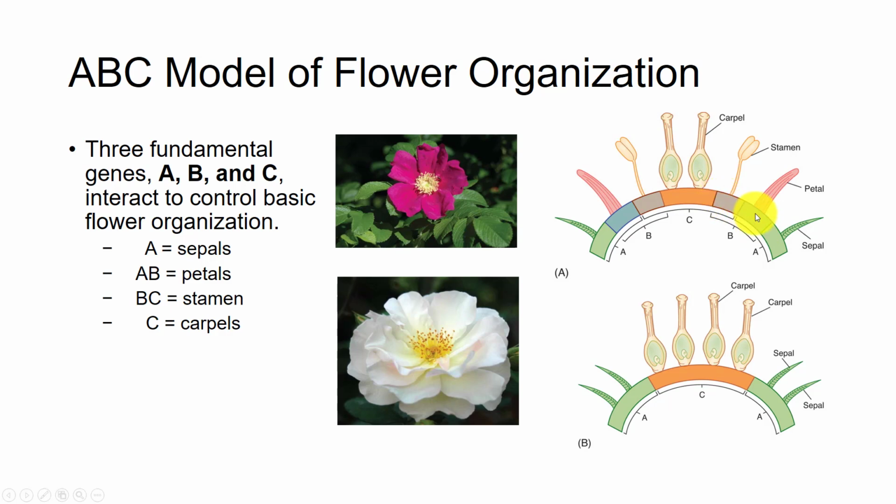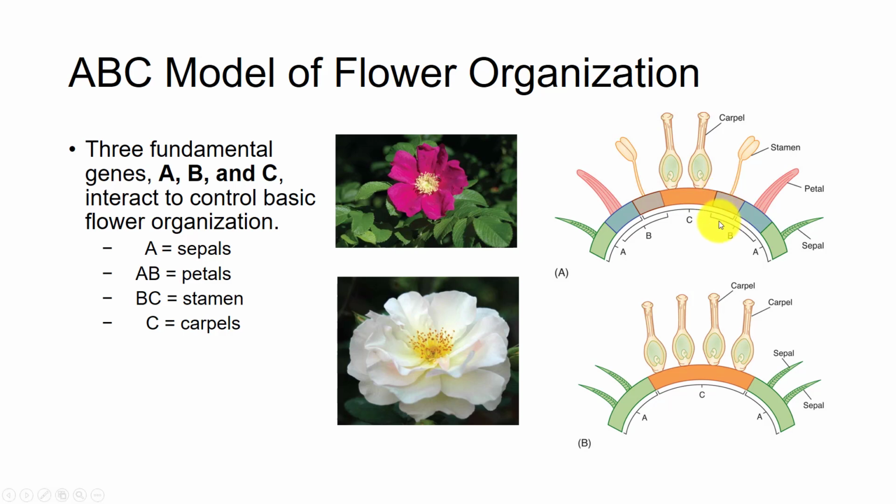Notice the outermost area is controlled only by gene A and produces sepals. The innermost is controlled by gene C and produces carpels. Petals are produced by the zone where both A and B are active, and stamens occur where both B and C are active. If a mutation inactivates gene B,